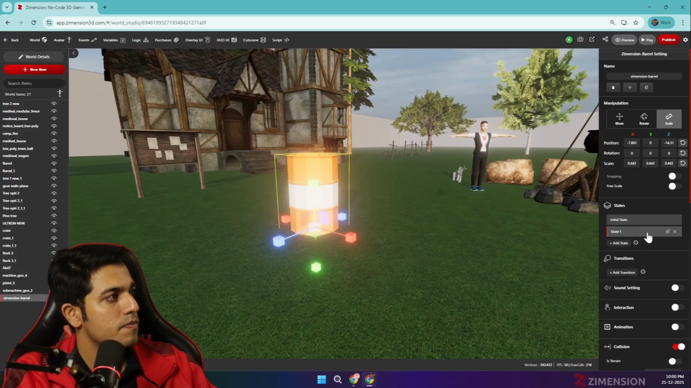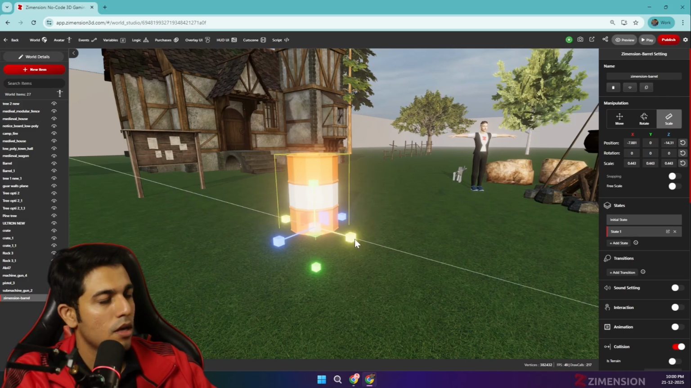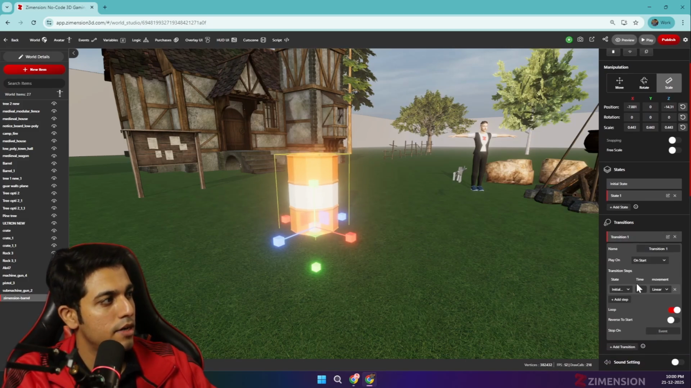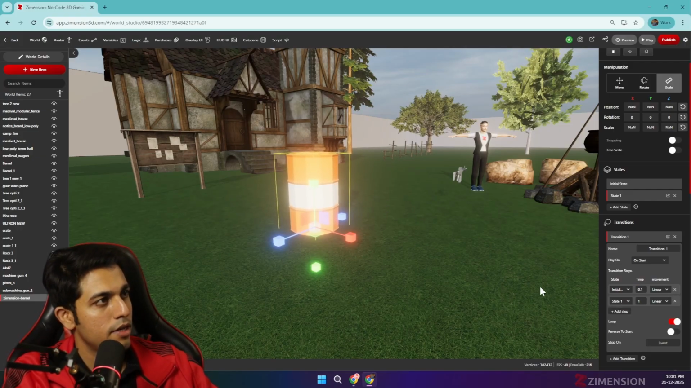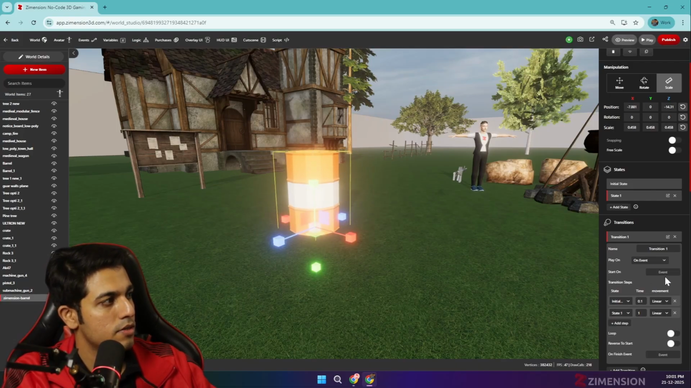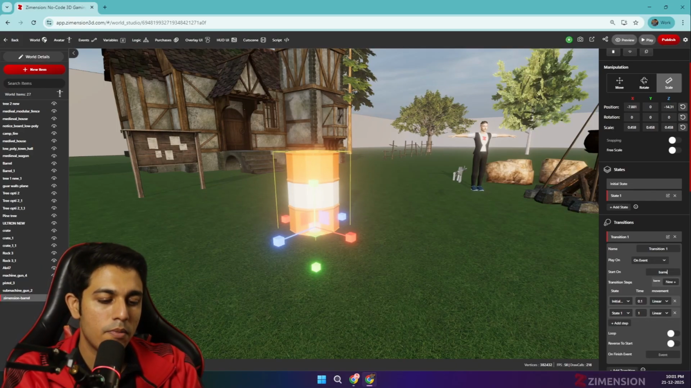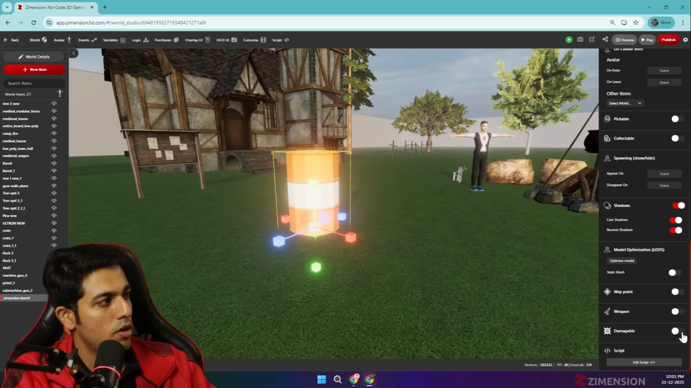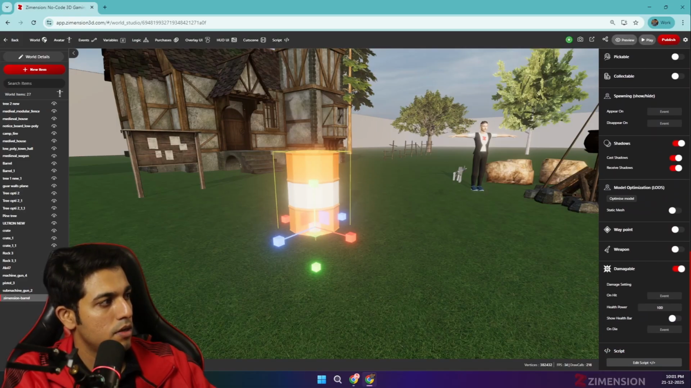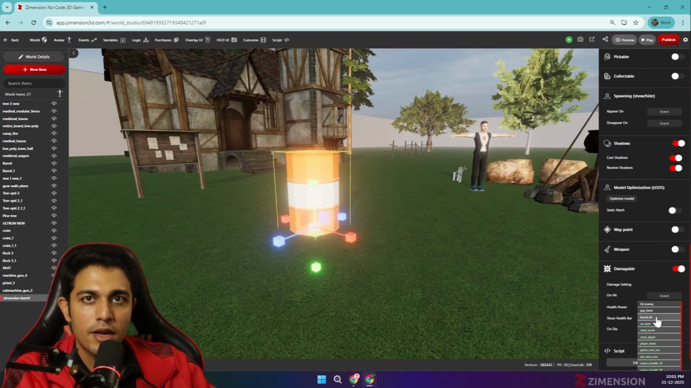So let us scale it a bit, a very minute scale, and add a transition where it scales from state 1 to state 2 like this, and not in loop, and only trigger this when an event called barrel hit triggers. And what we'll do is on damage, we'll trigger this event barrel hit,